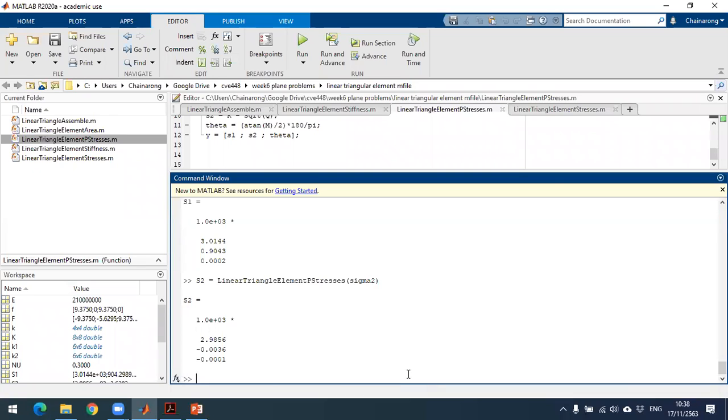That is very easy to determine the stress distributed at any cross section. So we will discuss this problem again next week. If you have no question,